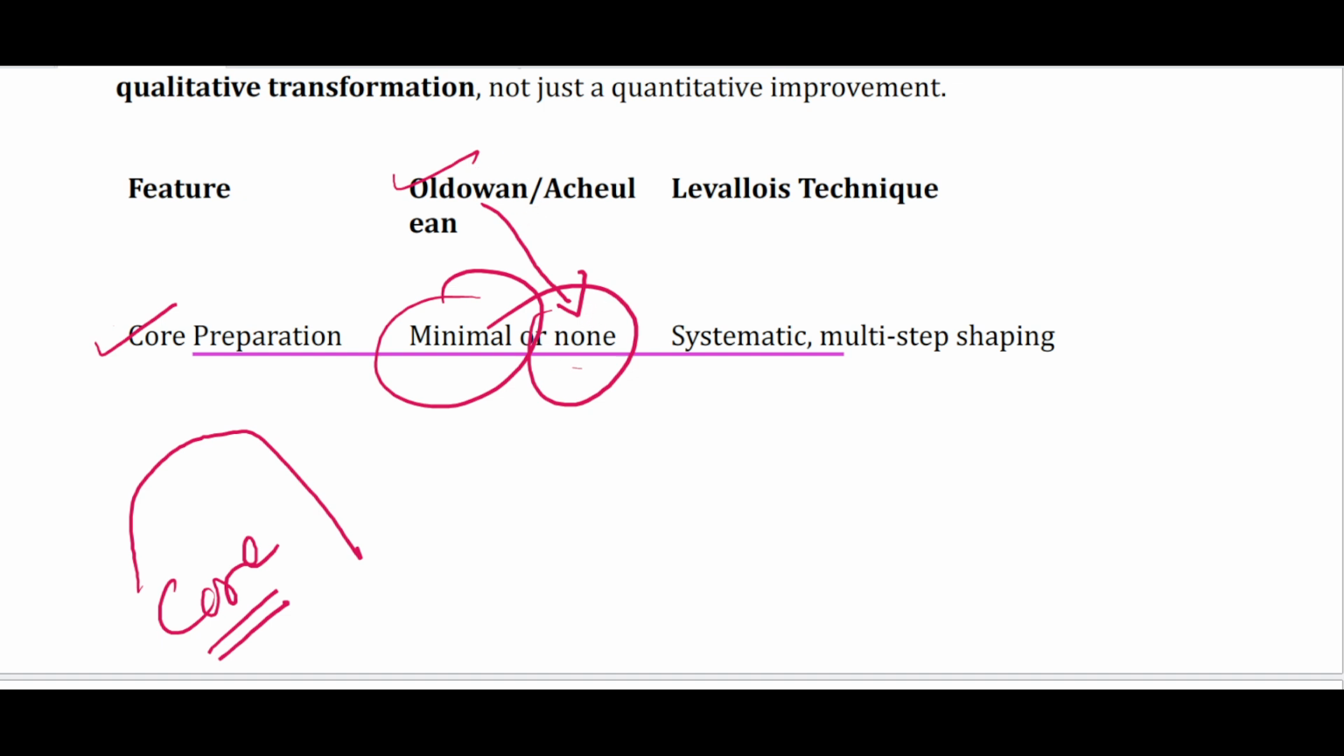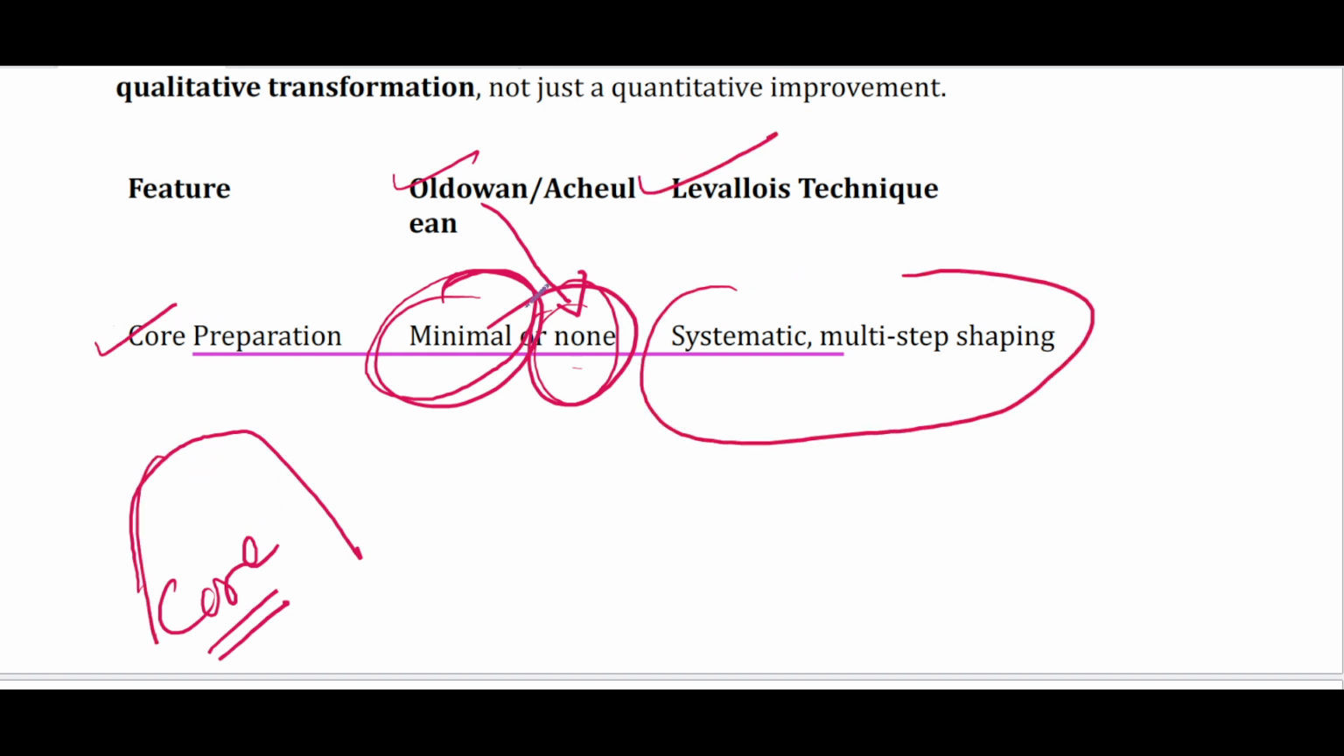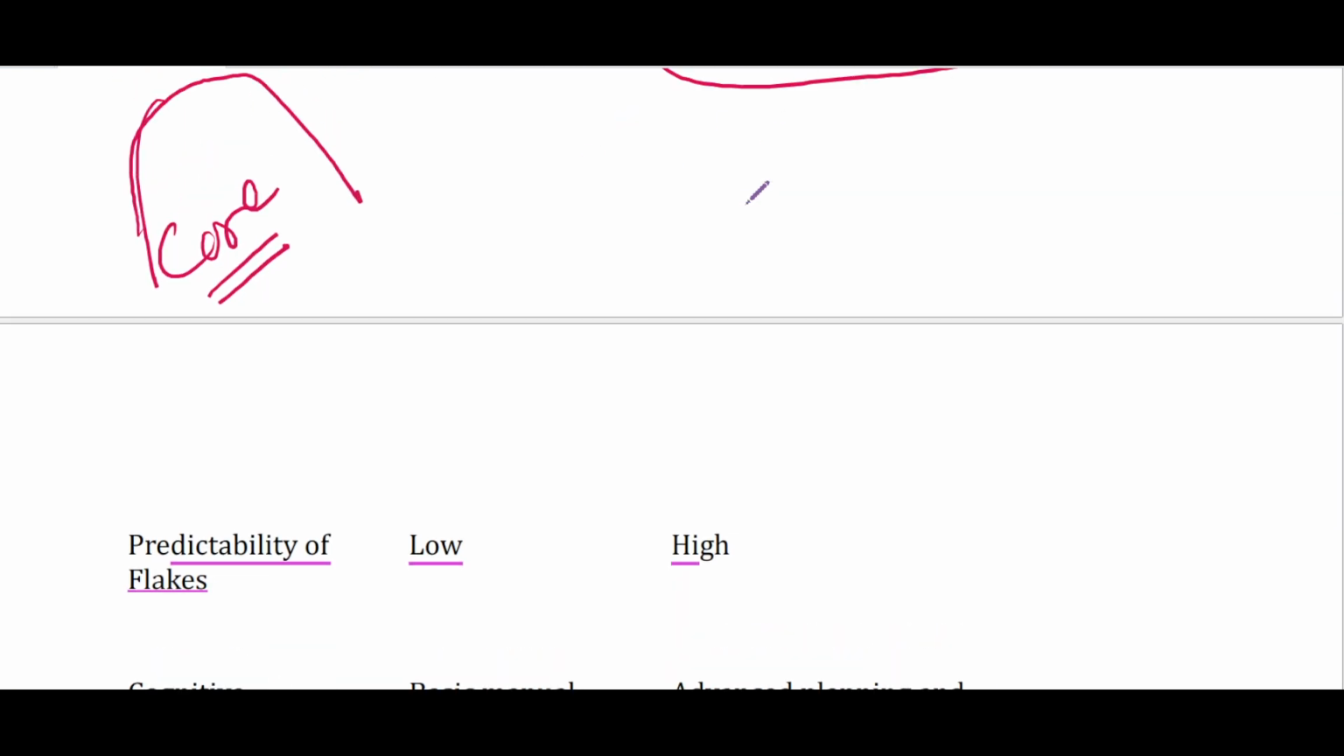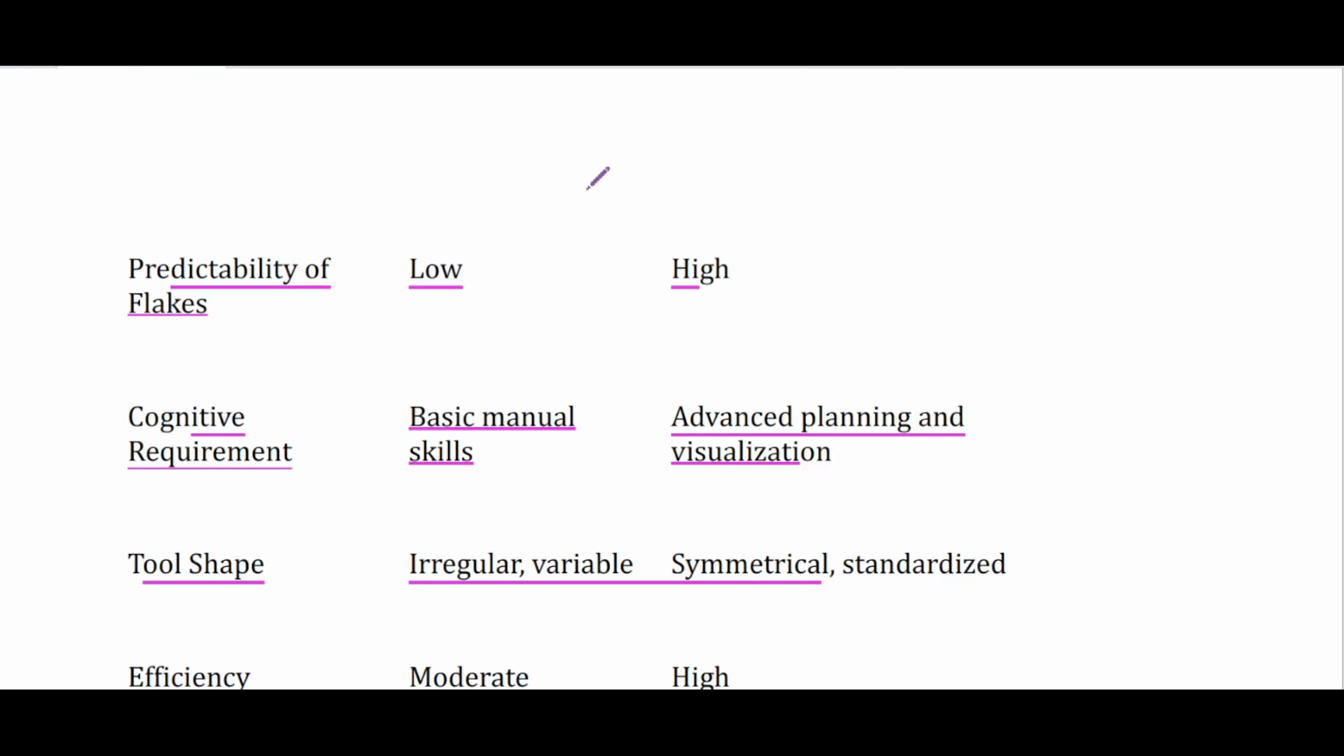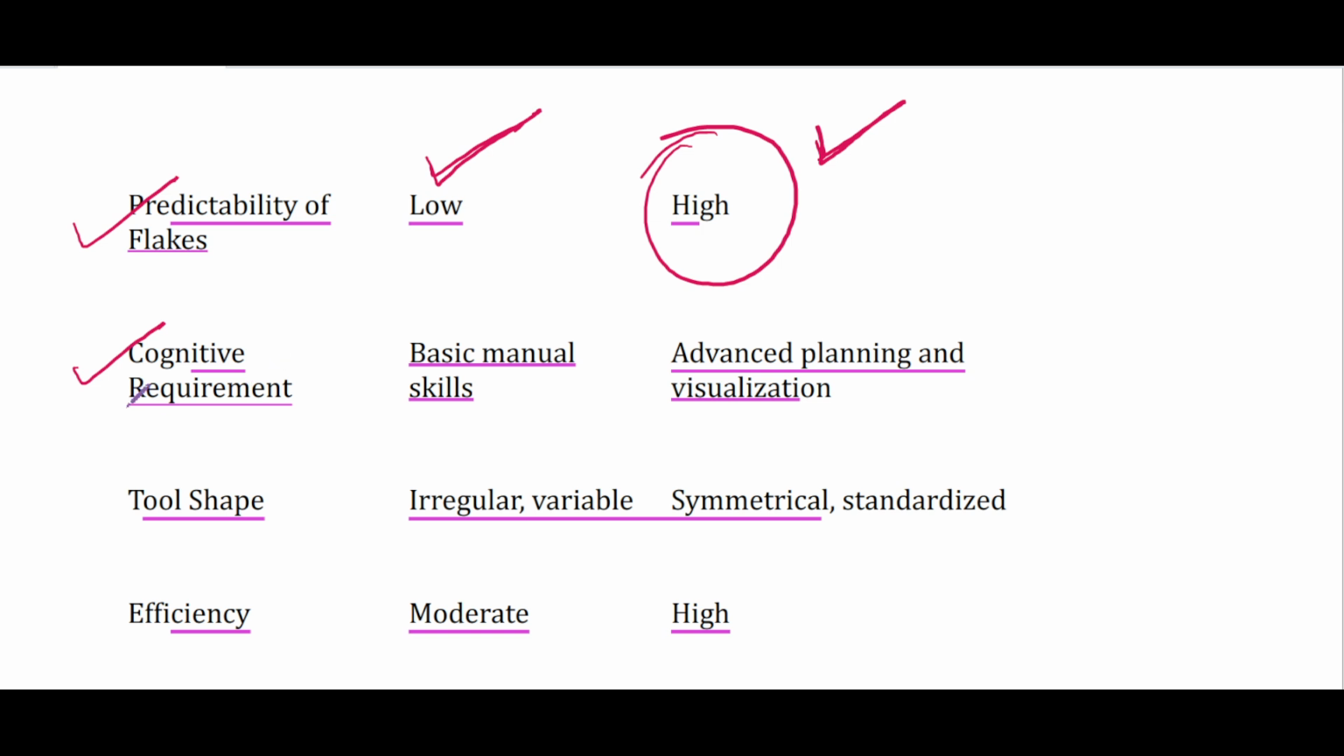The older one में no core preparation. Acheulean में minimal preparation थी, just to make it labeled. But जो systematic core preparation है, it was a hallmark of Levallois technique, which was a multi-step process. Then predictability of flake in both early traditions that are associated with Homo habilis and Homo erectus was very low. But during the Levallois technique, the predictability was high because of mental template and the pre-thought, the visualization